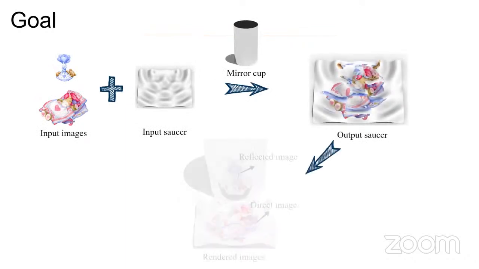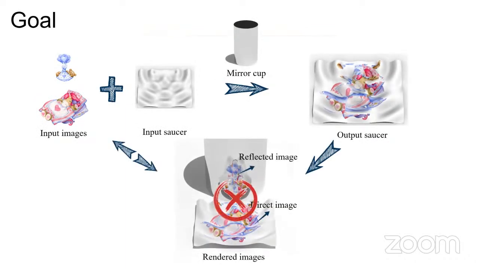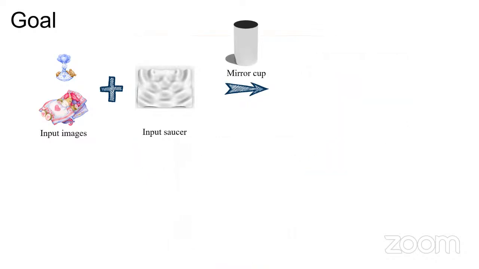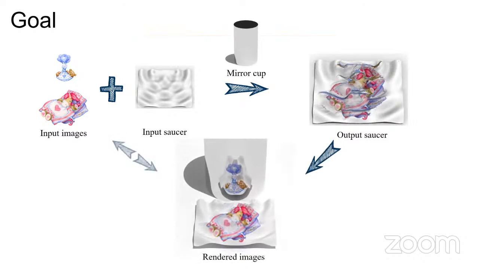So to help artists solve this design problem, our goal is to propose a general computational algorithm for the mirror cup and saucer art design. Without loss of generality, we assume that the input mirror cup is a cylindrical surface. Our algorithm takes two input images and a saucer as input, and it will automatically generate a textured saucer mesh